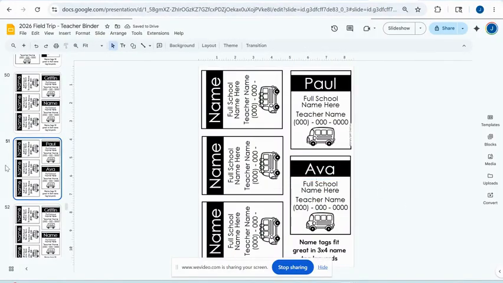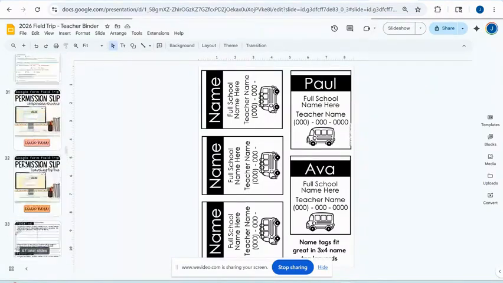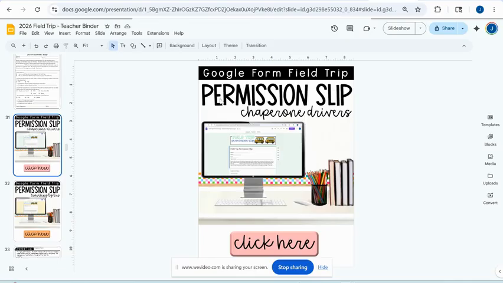You can just do it 5 times on these name tags and then duplicate it. And then you'll just type in the names. Okay, and I'm going to quickly, this is also specific to the field trip, but I'm going to show you